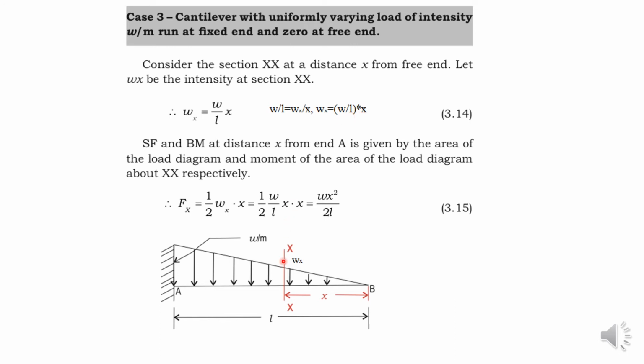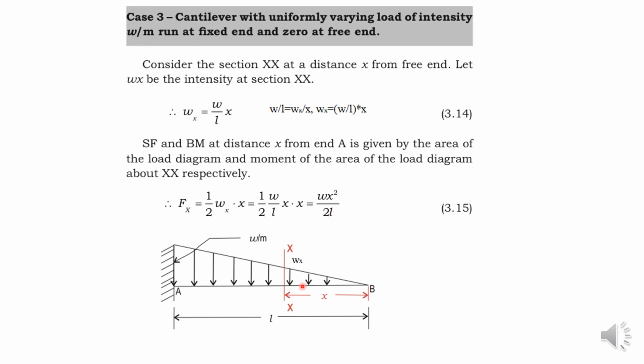So then consider this section line. In order to draw the shear force diagram, take the shear force about this section line. So here you can see a triangular variation. So how will you convert this triangular variation into an equivalent point load? Just by taking the area of triangle, that is half into h into Wh, which is the equivalent point load. So that will be the value of shear force at h. So just replace Wh as W by L into h. So you will get the value of shear force at h as half into Wh into h, which is equal to W h square divided by 2L.